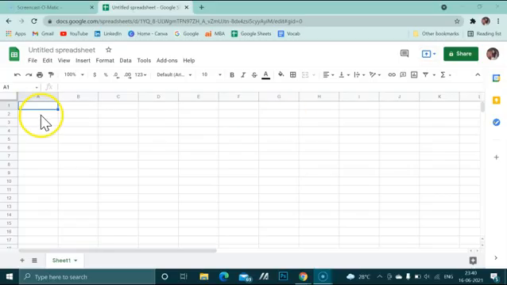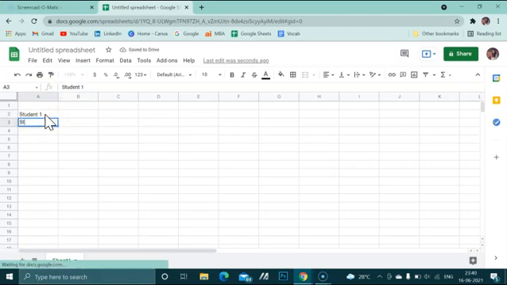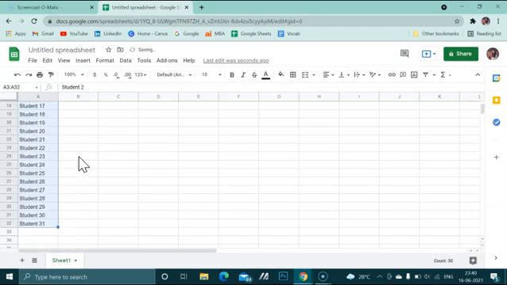So here we started. First of all, we just opened our sheet and in this I'm starting by writing down the names. I'm writing down like student 1, student 2. I will just drag it so that I don't have to write it again and again, using this feature. If I take it around, consider 30 students. So this is my data for 30 students.